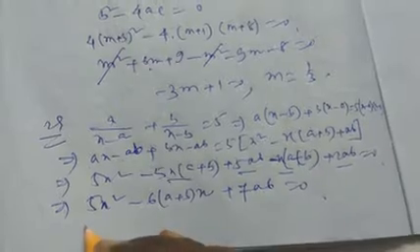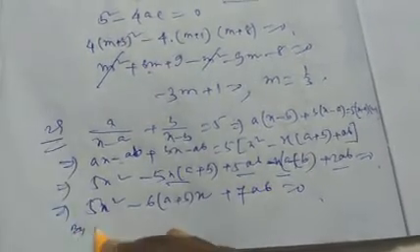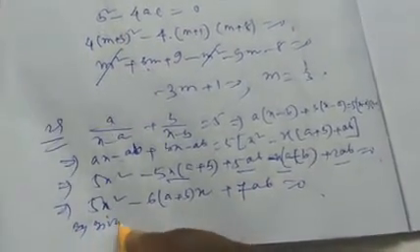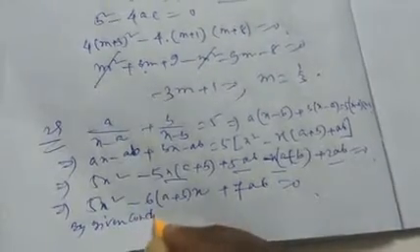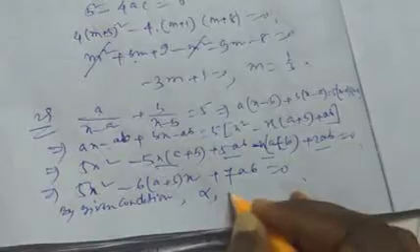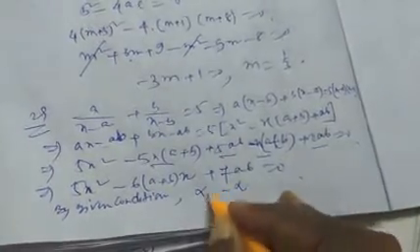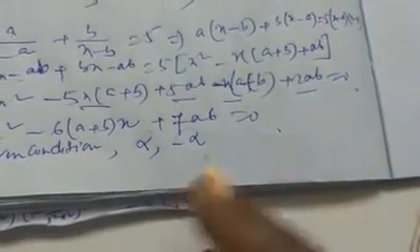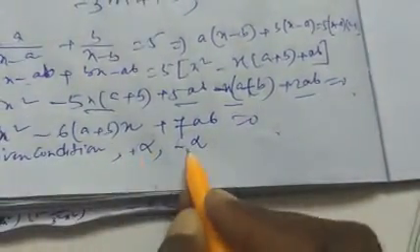From the given cases here, by given condition, if alpha is a root, then the other is minus alpha. See here again, opposite in sign but equal in magnitude. So alpha and minus alpha have the same magnitude but opposite sign. If one is plus, the other will be minus. So their addition will be 0.